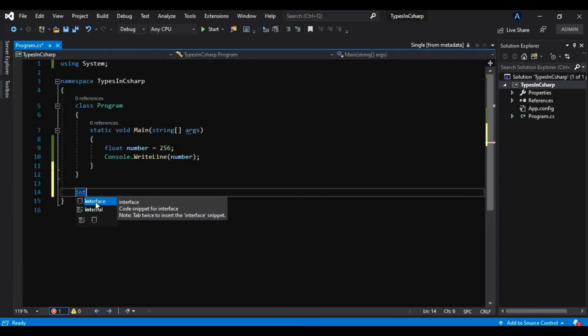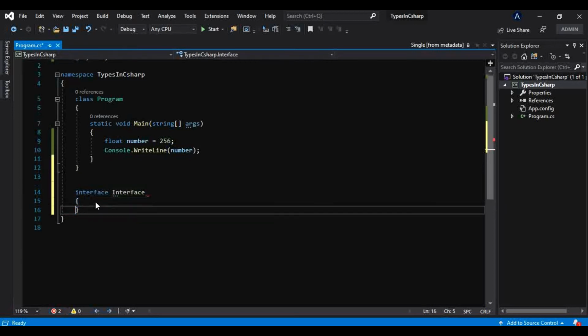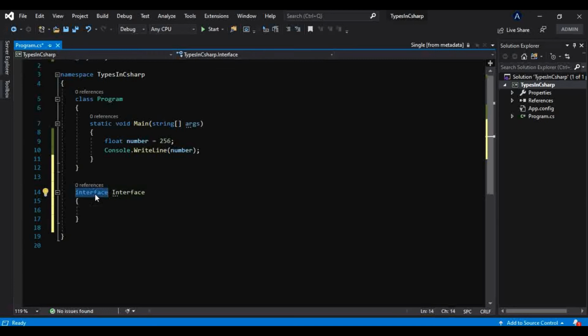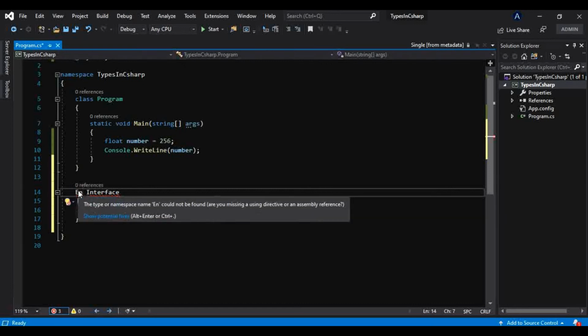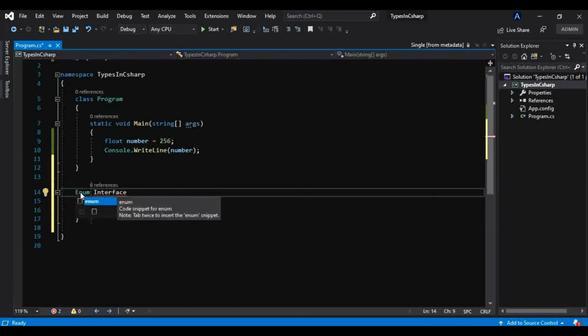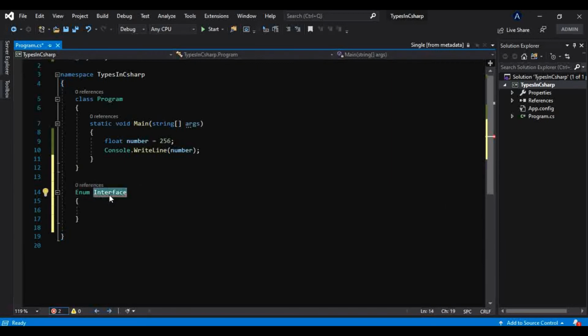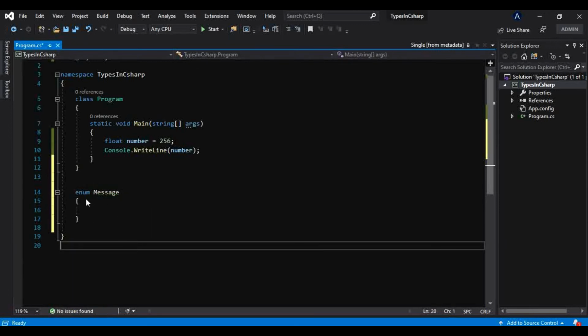but we can have IntelliSense for interface. We can define an interface like this, with any name, and it is not giving any error. Again we can do something like this, an enum, say Message.